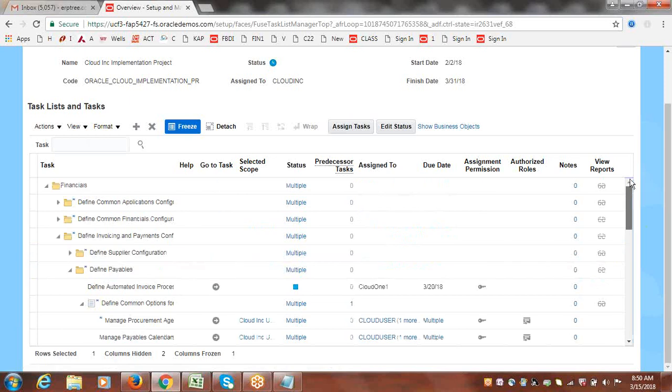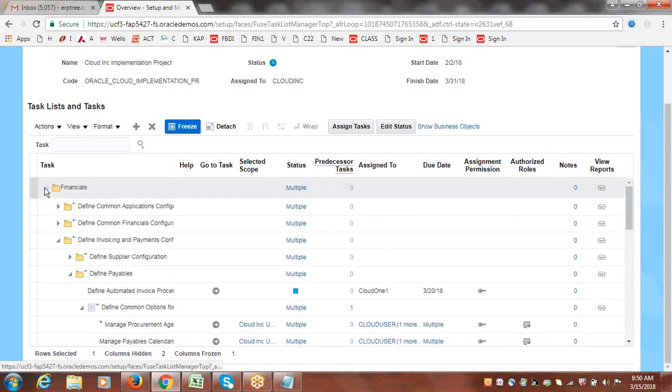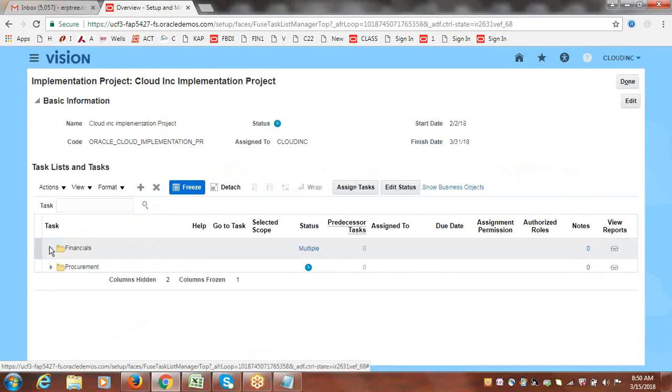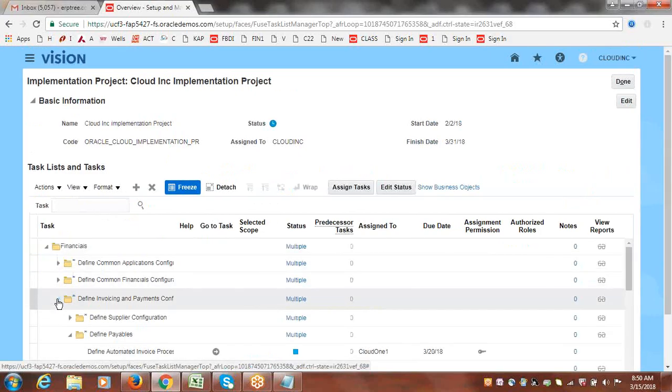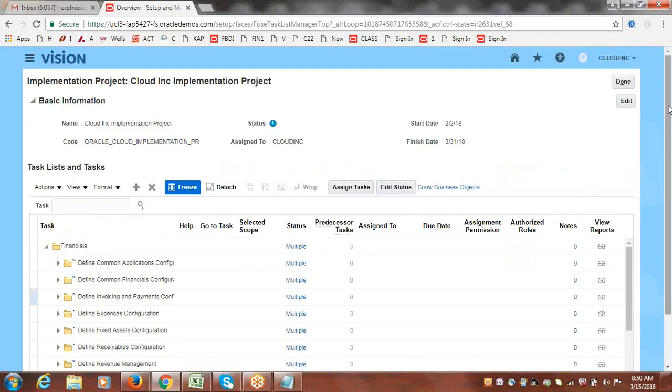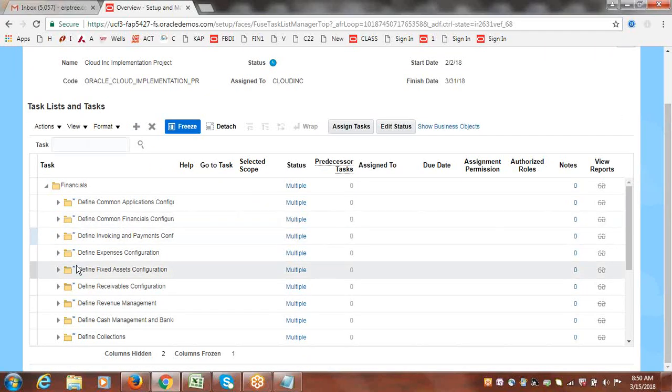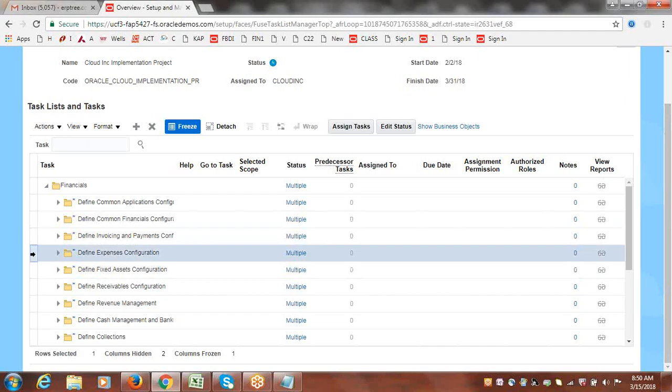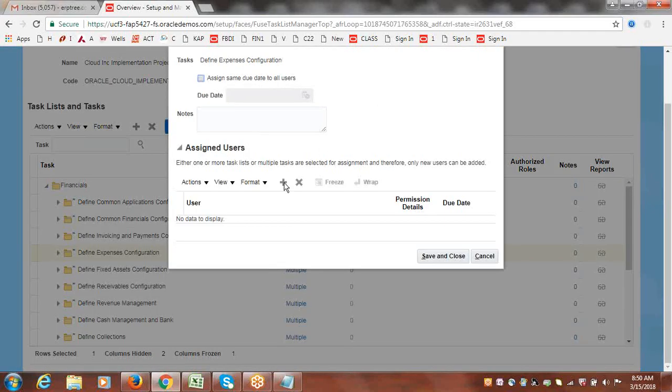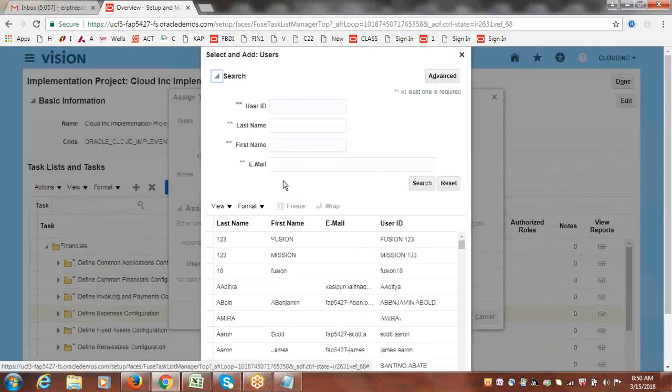That's how the entire offering you can assign to a specific resource. If not the entire offering, a specific option. Say you want to assign fusion expense, as per EBS iExpense. If you want to assign this to a specific resource, you can select define expense configuration, nothing but fusion expense, and click on assign tasks. Okay, that you can just assign. Click on assign, and you can assign to